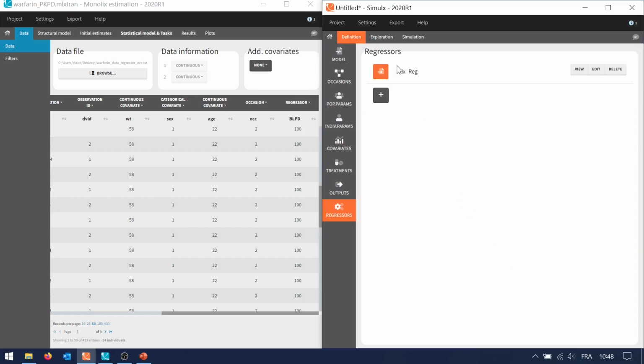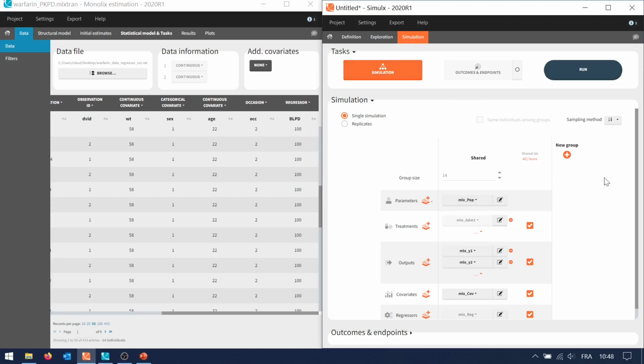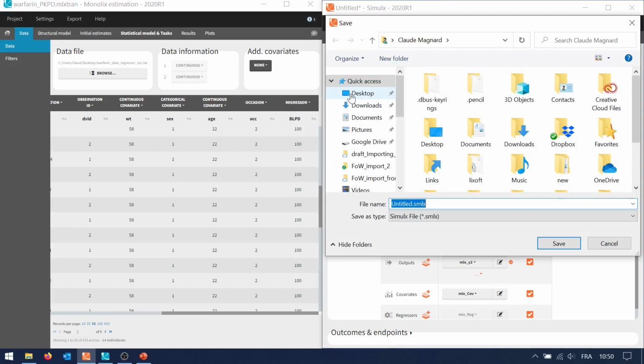So let me now summarize the default elements used in the Simulation tab when a project is imported from Monolix. By default, Simulix will reproduce the original study with the same number of individuals, whose parameters are drawn from the distribution defined by population parameters, which were obtained by SAEM in Monolix. The same treatment will be used as in the original study. The same outputs will be measured at the same time points, and covariates and regressors are defined exactly as in the original data. If I now save this project as a new Simulix project